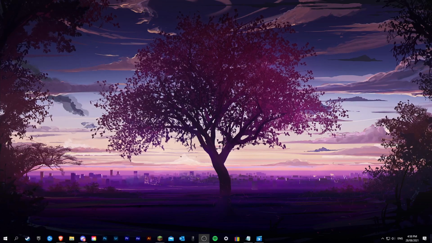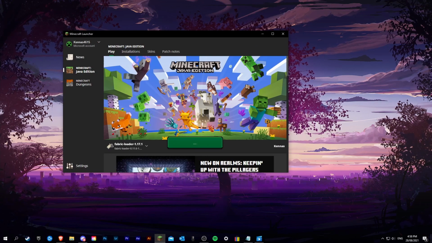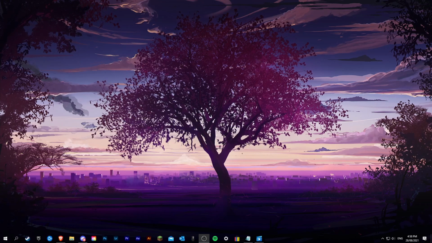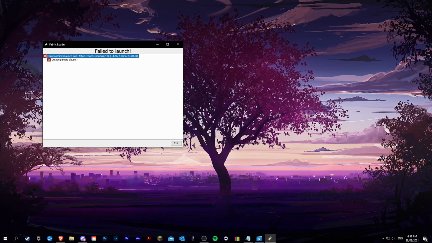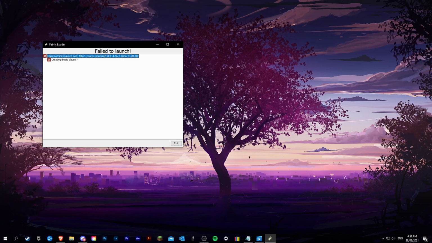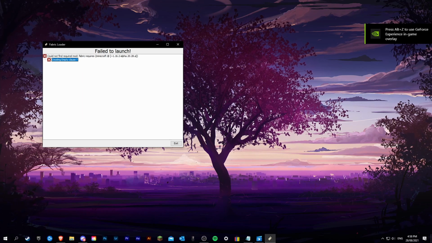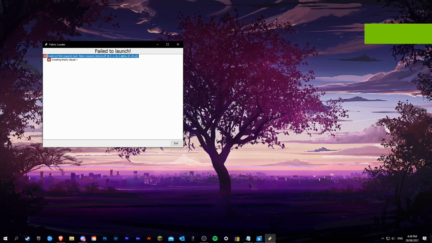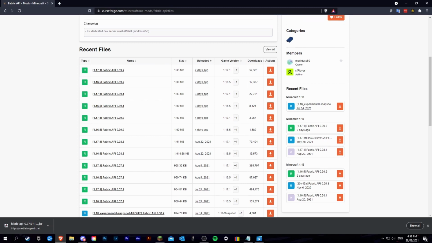If that didn't fix it and you're still here, it could be that you have updated your loader, but you haven't updated your mods. As you can see, this one's now saying Fabric requires 1.16.2, but I'm on a 1.17.1 Fabric. This error is again referring to Fabric API, the mod, and it's because I haven't updated that mod. So what you're going to want to do for this is go to exit, open up